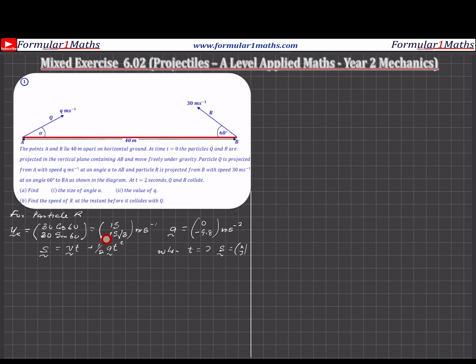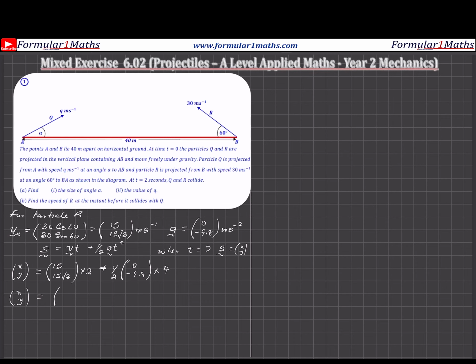So this equation becomes (x, y) equals (15, 15 root 3) times 2 plus half, my acceleration (0, minus 9.8) times 2 squared, which is 4. If I simplify that, I'm going to get (x, y)